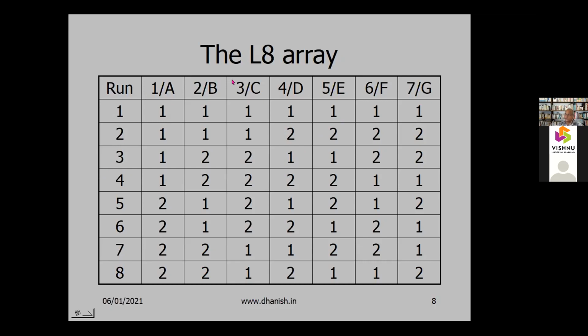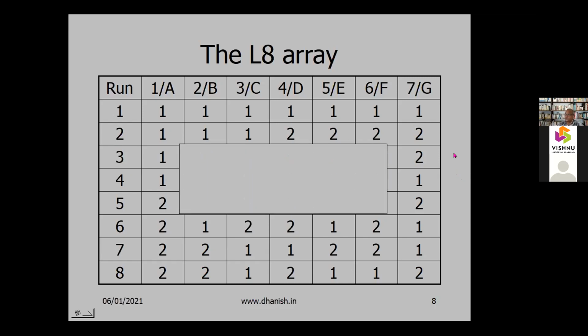factorial can happen here. So 1 and A. So these are columns 1, 2, 3 that he gives in the table. Usually this is A, this is B, this is C, etc. It depends on how you allocate. Suppose you allocate A to G, 7 variables can be analyzed with 1 experiment. That is what Taguchi claims. So this is a very good design. So 7 factors can be studied with 1 design.